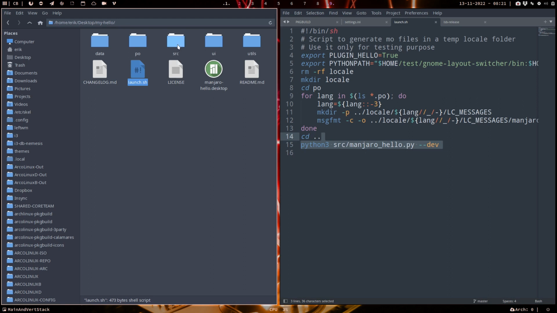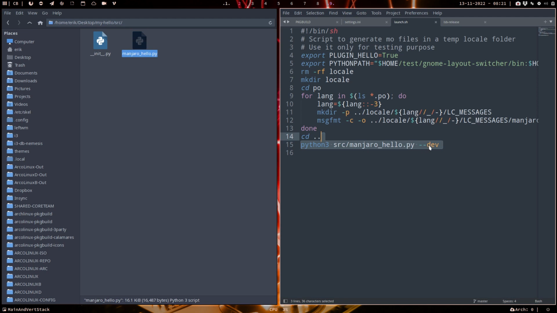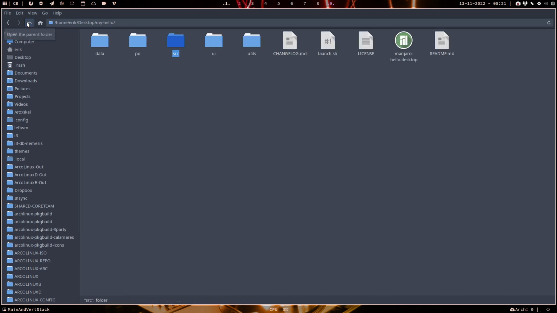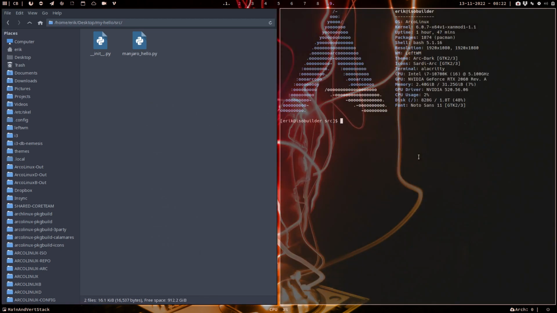Go to source, open up Manjaro Hello Py, so we're working with Python, and there is some switch called dev, so development probably, right? So in order to make this your own, first thing, you need to rename things. Anything called Manjaro needs to go out of the window, and it will become your brand, your name, right? An icon for it as well, as you see here, maybe things you still need to create. So in the source we have Manjaro hello Py, and then we open it with Python,